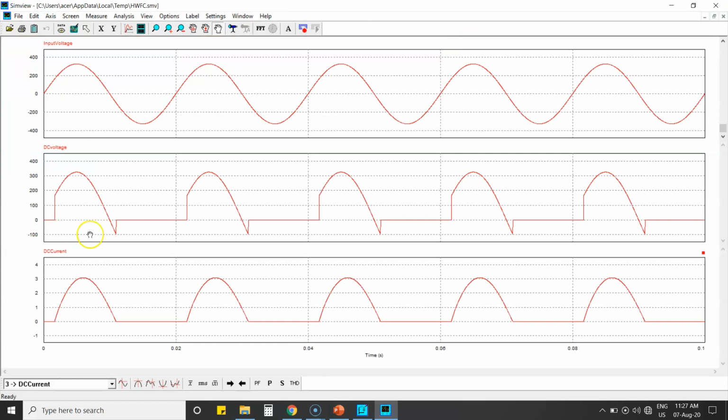So you can simply see, because of the presence of inductor, even though your input voltage becomes negative at this point, the thyristor is still conducting to some extent. That is due to the presence of inductor. So till that time your output current is also positive. You can simply compare this point with this point. So your output current is positive in this direction. That is mainly due to the presence of your inductor. So this is for RL load.